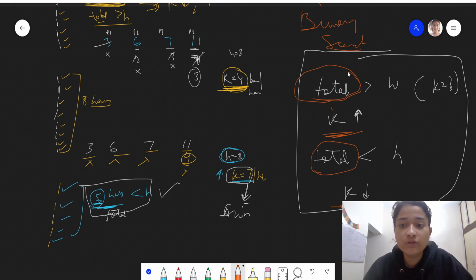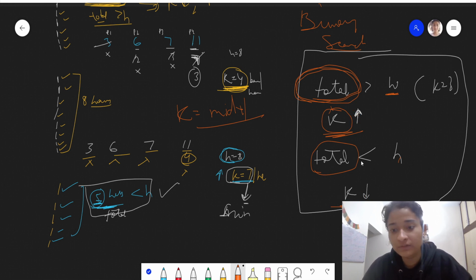If the total number of hours for a specific k is greater than h, then we will do k equals mid plus 1, we will increase its value. But if the total is less than h, then we should decrease the k value. Sorry, I'm saying the opposite. I hope you're getting what we are doing.